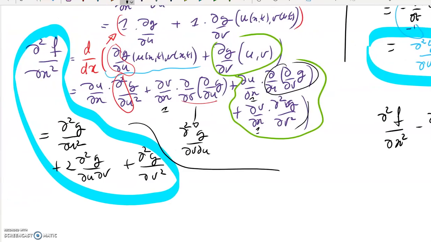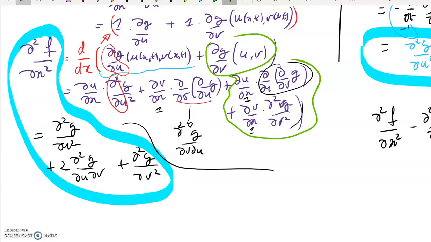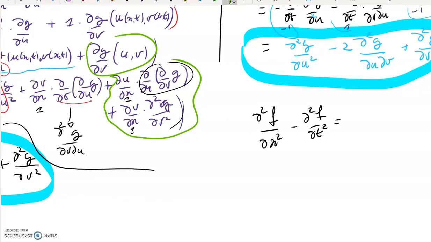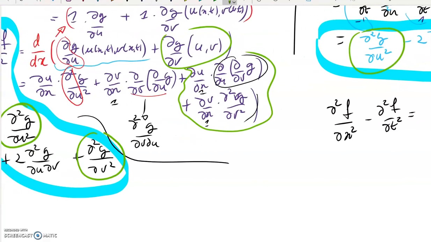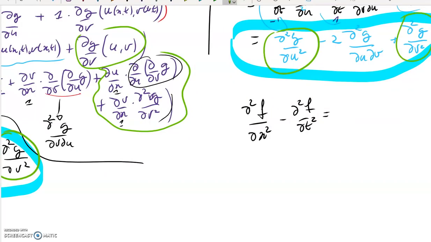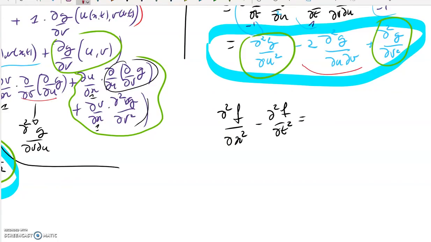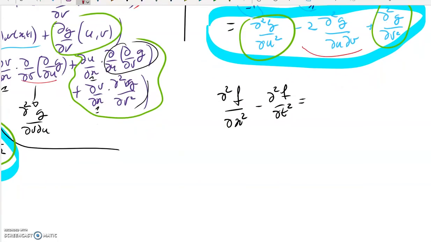So the partial derivative, when I'm differentiating twice according to u for d2f, will find a minus itself in the partial derivative according to t squared. So these terms are going to cancel, as well as these ones. Okay, these two terms are going to cancel. What is not going to cancel is this one and that one, because minus minus makes a plus. So what do we get in the end? In terms of g, this equation is actually equal to 4 times e to